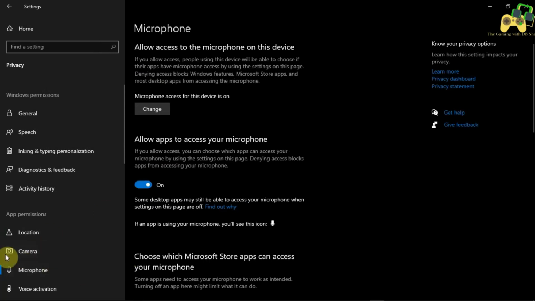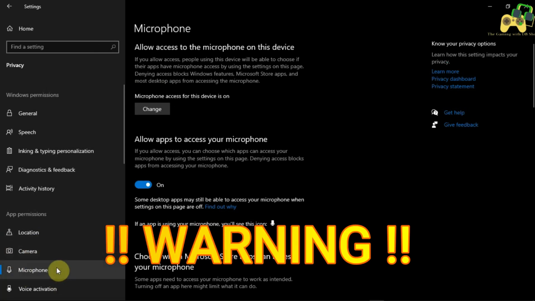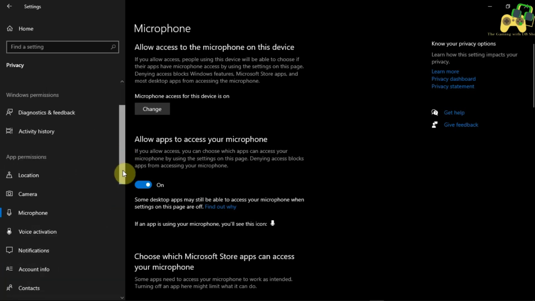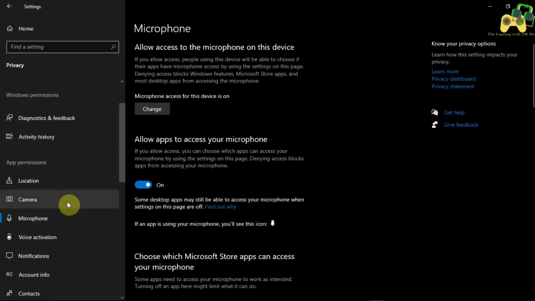Do not even touch these settings, because if you use a camera, webcam and microphone, I recommend not turning these off, because they can create problems in the applications that use them. They might ask for permission, but you won't be able to access the mic and camera. If you don't use them, then you can turn them off, otherwise I recommend keeping them on.